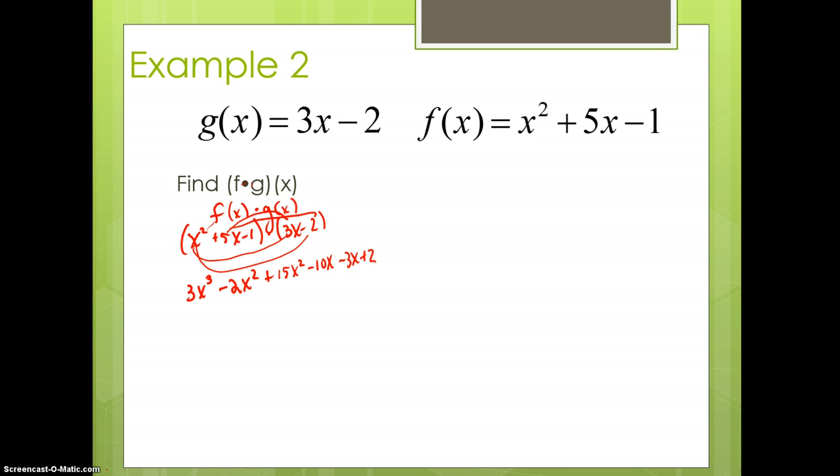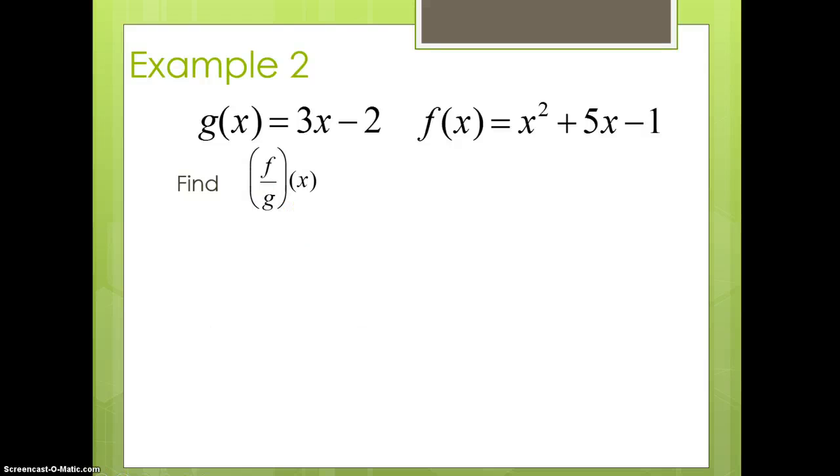at this point I want to combine like terms to get to my final solution, which is 3x to the third plus 13x squared minus 13x plus 2. Our next example is one that has a division. It has f divided by g and taking it all of x. If you look at that first slide, that reference slide, our first step is to write f of x over